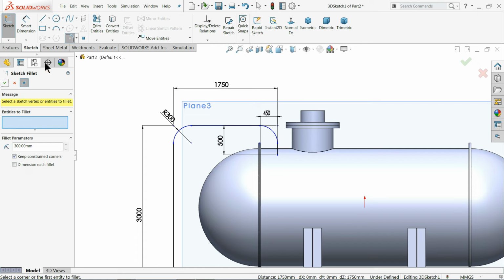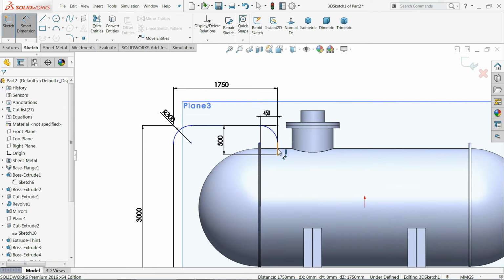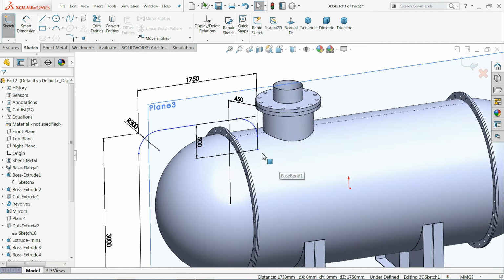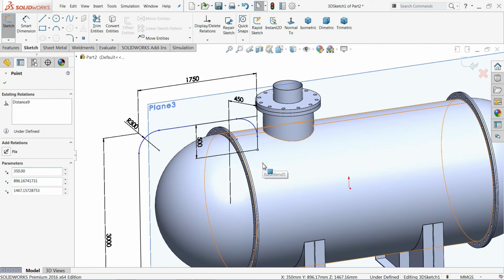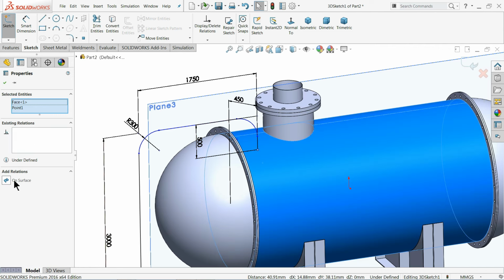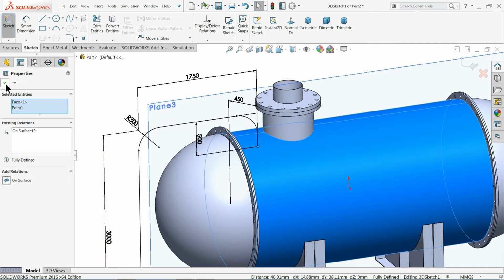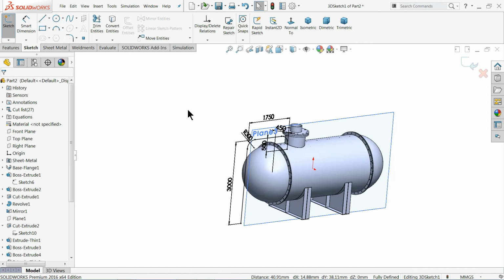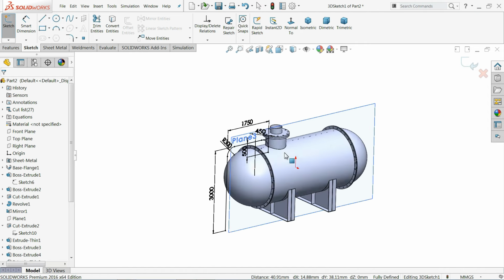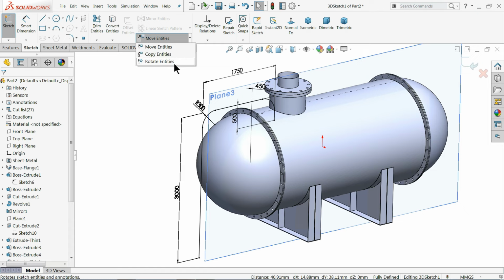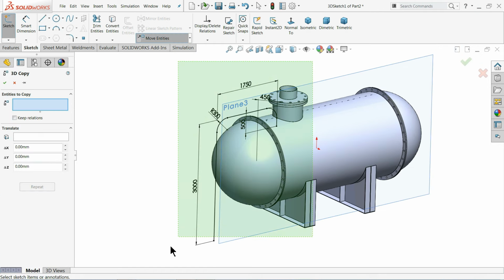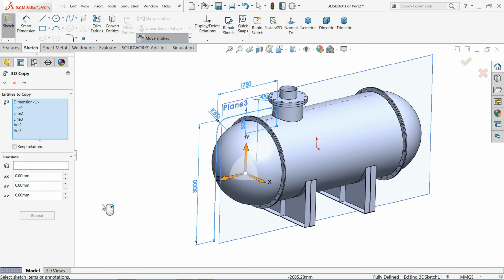Okay, and one more distance we will define. Now select this point, hold shift key and this circle, and here click on surface. Now see, okay, this drawing is fully defined. Now what we will do, we will simply move this one. Choose the copy command here, copy entities. Now select all the entities, that's it,